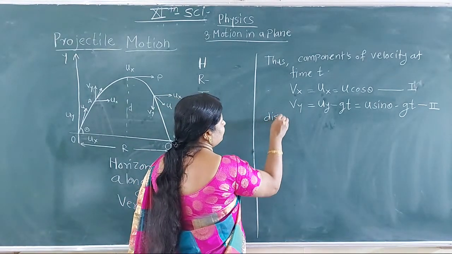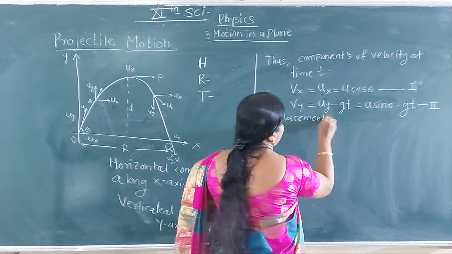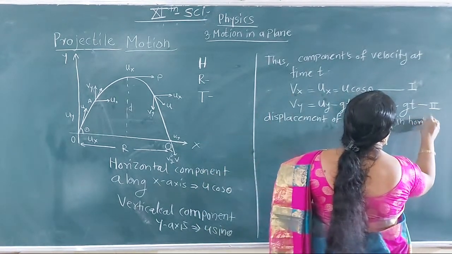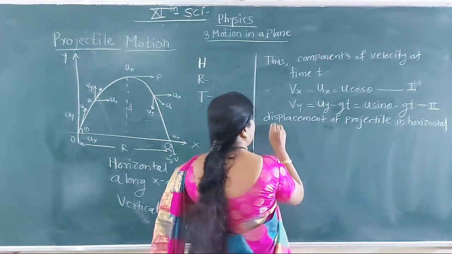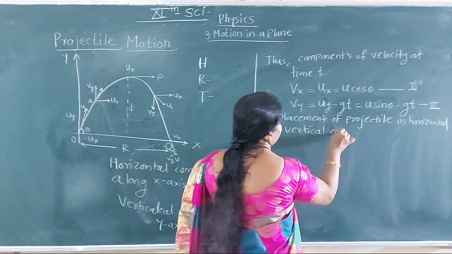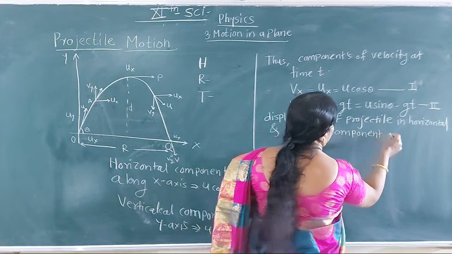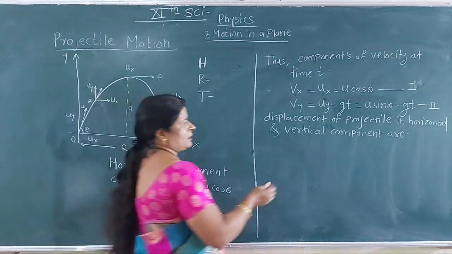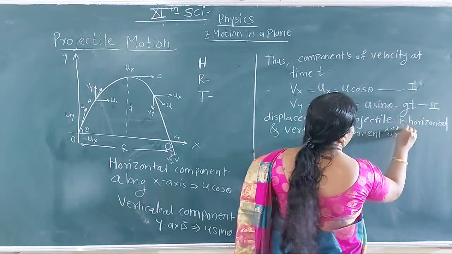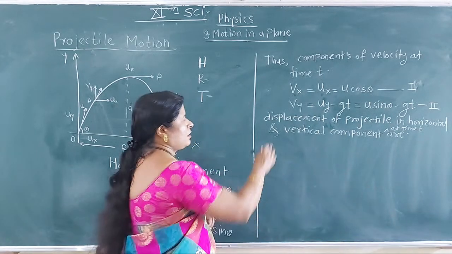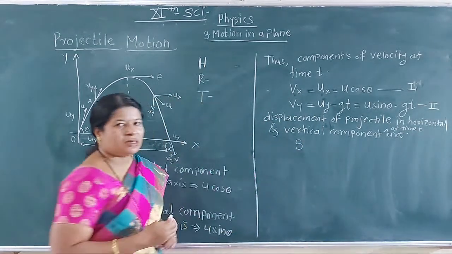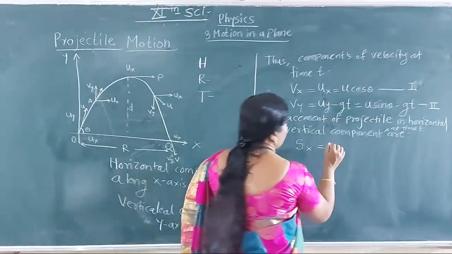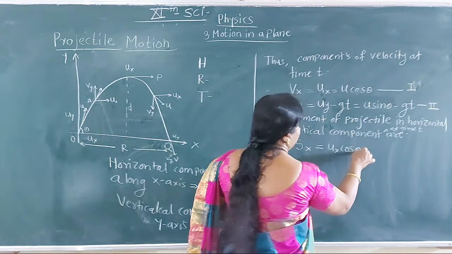Displacement of the projectile in the horizontal and vertical components at a time t. We take the letter S for displacement. So along the x axis it is Sx is equal to u cos theta, ux cos theta, and along the y axis